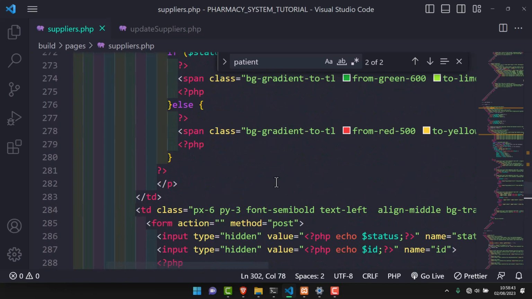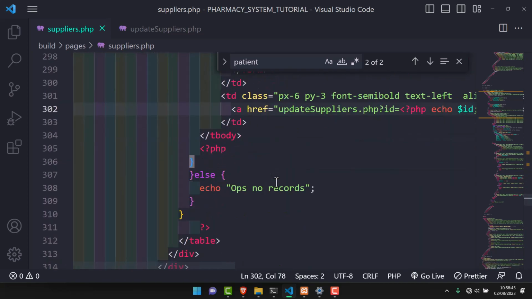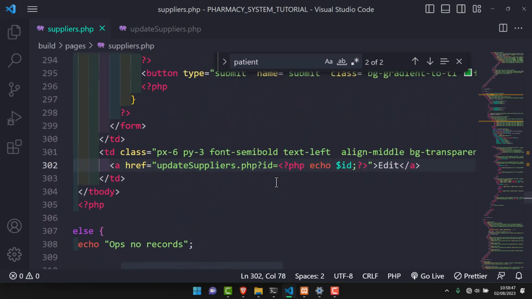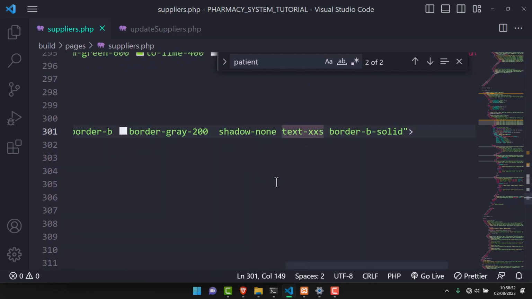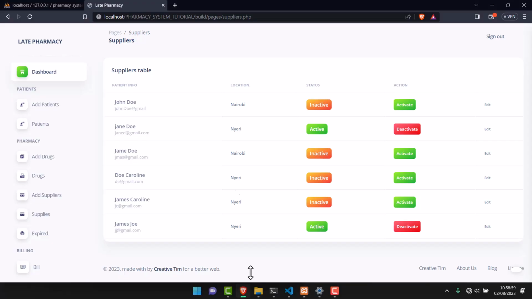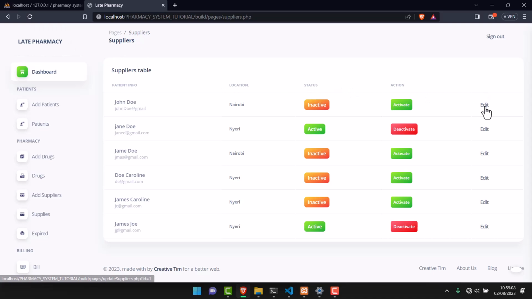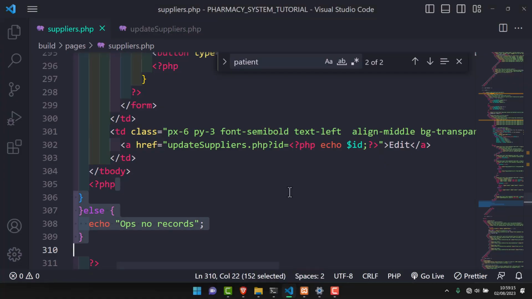And so now that that is working fine, I just noted that the text is a little bit small. Let me have it as small instead of extra small, which is extra small indeed there, but yeah, that's better. Yeah, so now that we have it like that, it therefore means that we can now be able to go